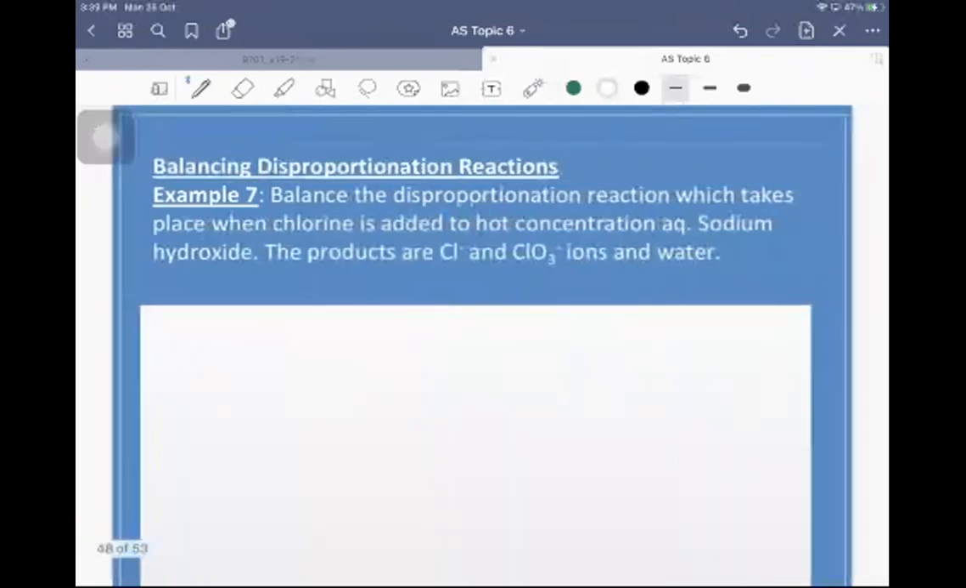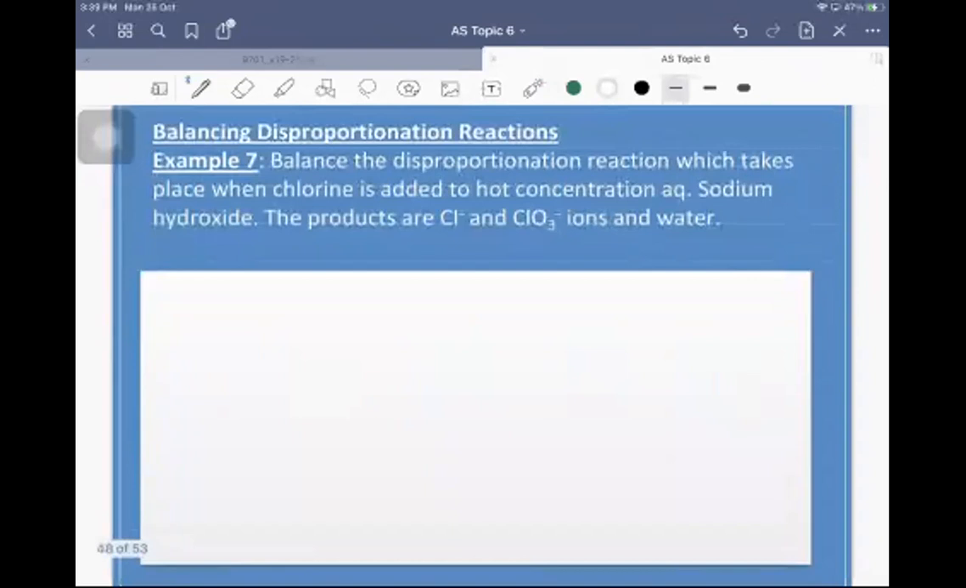Next example, balancing disproportionation reactions. Balance the disproportionation reaction which takes place when chlorine is added to hot concentrated aqueous sodium hydroxide. The products are chloride, ClO3 minus ions, and water. That's the only information that I know. So I've got chlorine, Cl2, plus